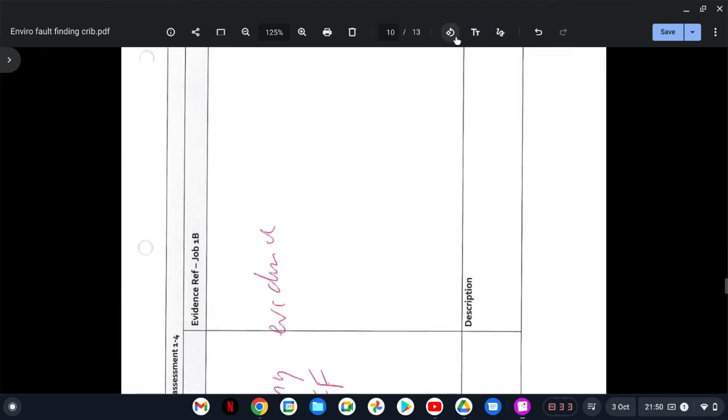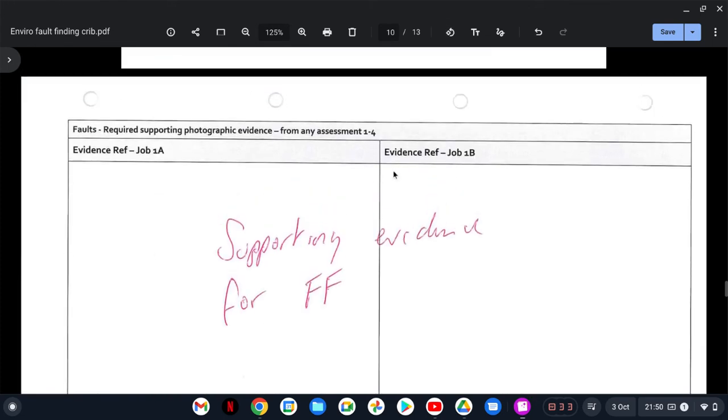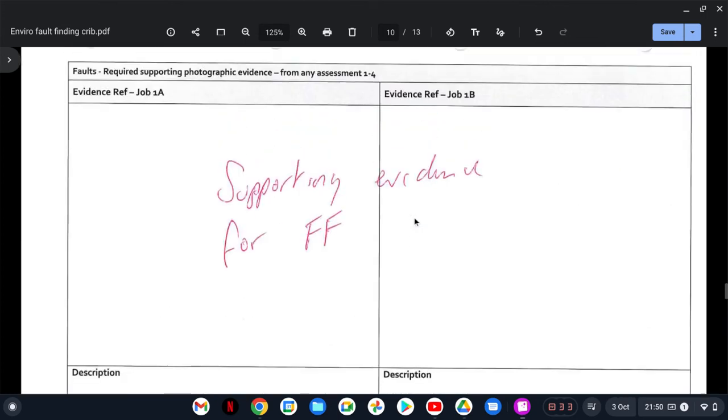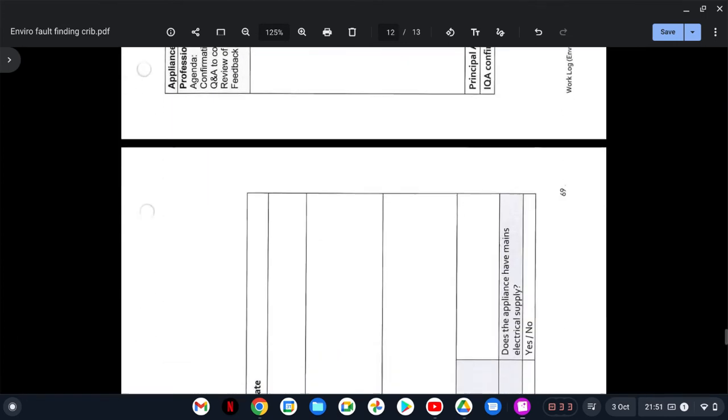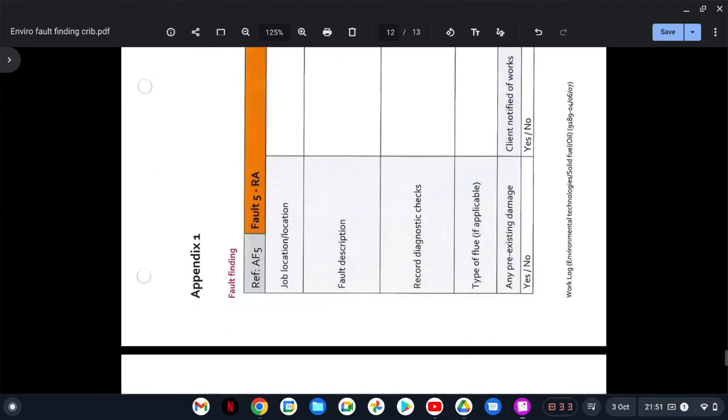This is what I wanted to show you though here. So we've got supporting evidence from any assessment 1 to 4. So we had 4 assessments. There were 2 direct observations and 2 reflective accounts, to give you space here. Job 1A and 1B. But then, if we come down here,